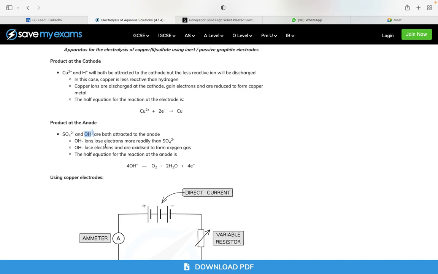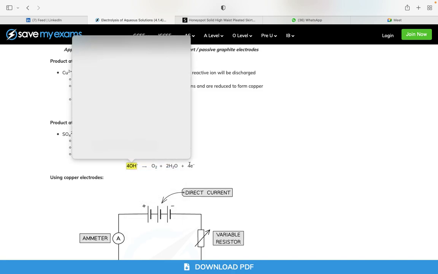OH ions lose electrons more readily than sulfate. So OH ions lose electrons and are oxidized to form oxygen gas at the anode. Here is the half equation. 4,